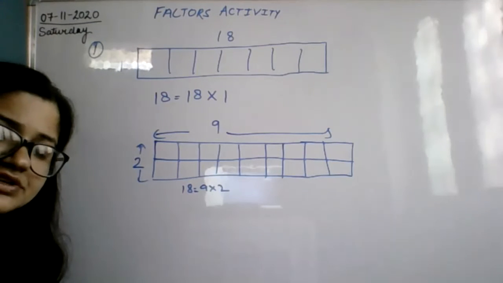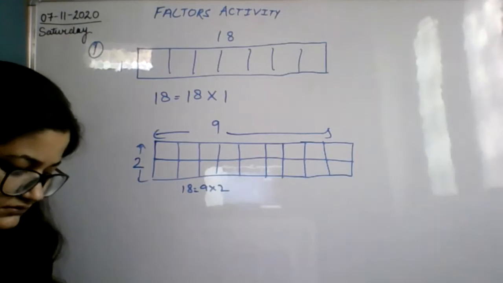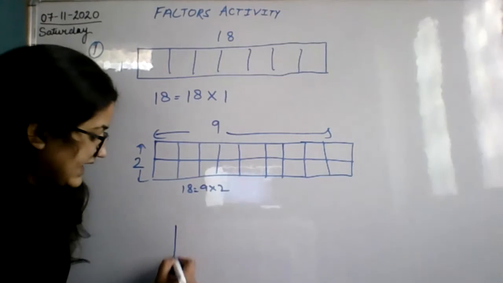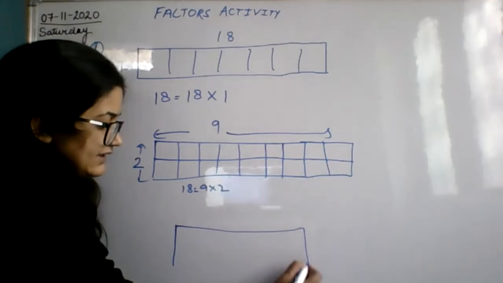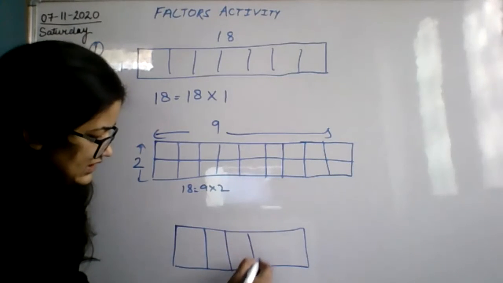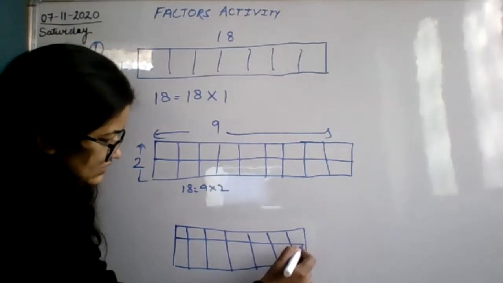Anjali, Mehul, can you tell me? Beta, can you tell me? Beta, make the third one as 3 6s are 18. 1, 2, 3, 4, 5, 6, and 1, 2, 3.